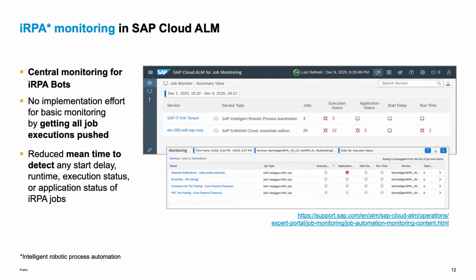So what happens over there is that Cloud ALM treats these bots as jobs, and then you'll be able to monitor if the bots have started on time, if there are any exceptions in these bots, and so on and so forth. And I will show you quickly the view of job monitoring in Cloud ALM as well when we go into the demo. With that,